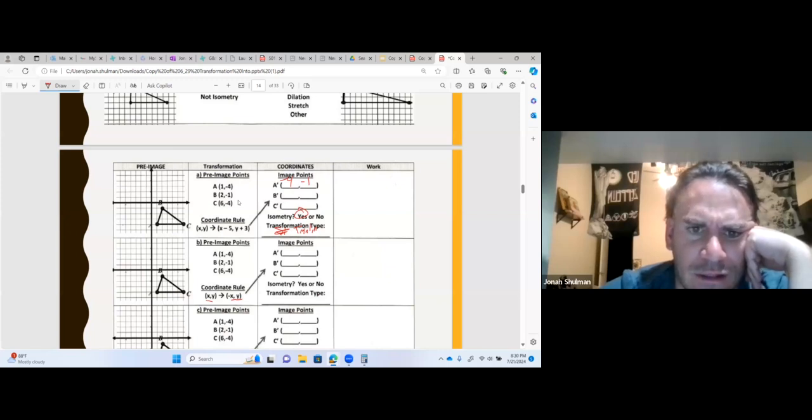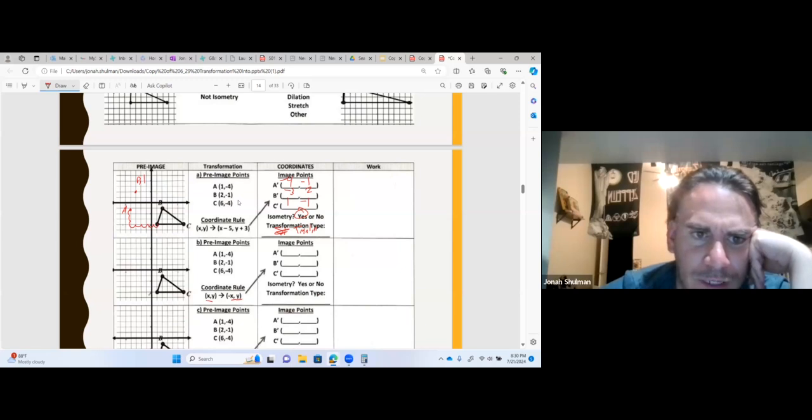Ready? -1, 2, 3, 4, 5. And then we got to go up 3. 1, 2, 3. This is A prime. B, we can just count them if we want, or we can subtract. It's -3. And this one's going to be +2. So -1, 2, 3, +1, 2. Here's your B prime. And C is going to be 1,